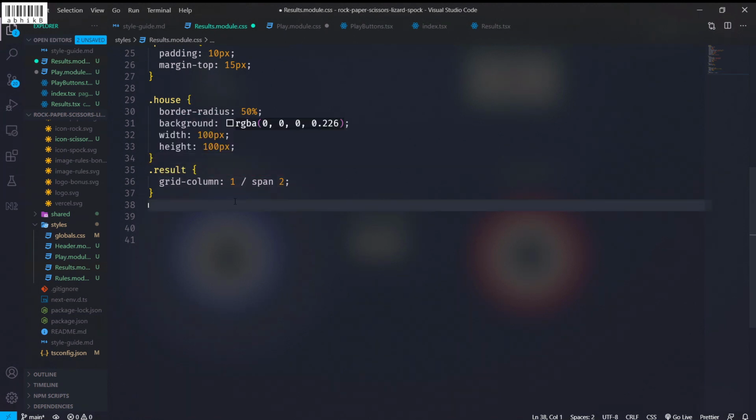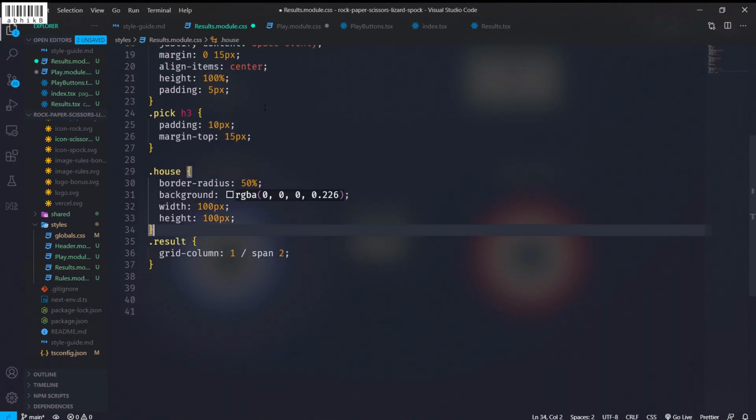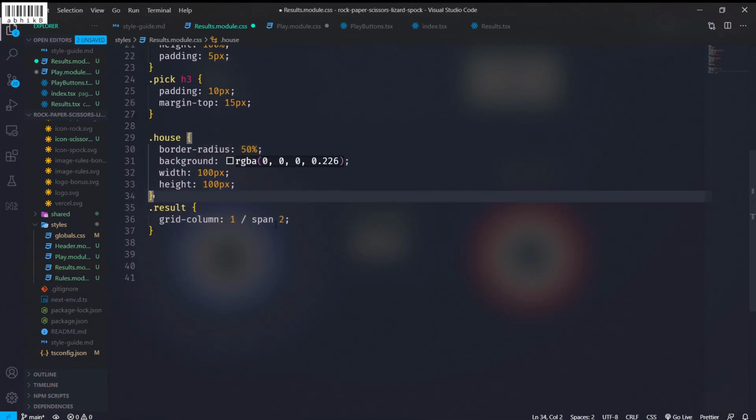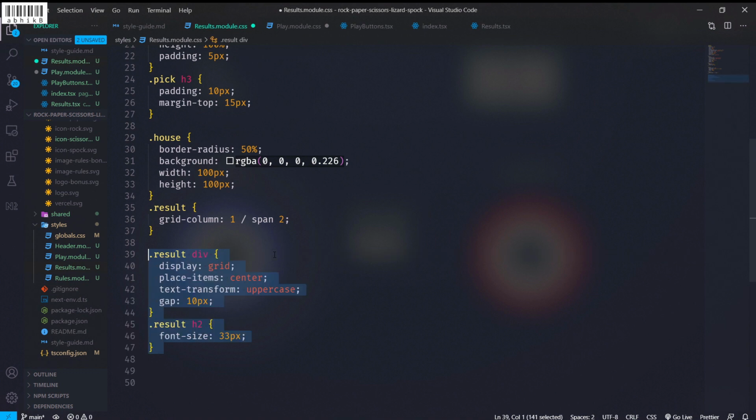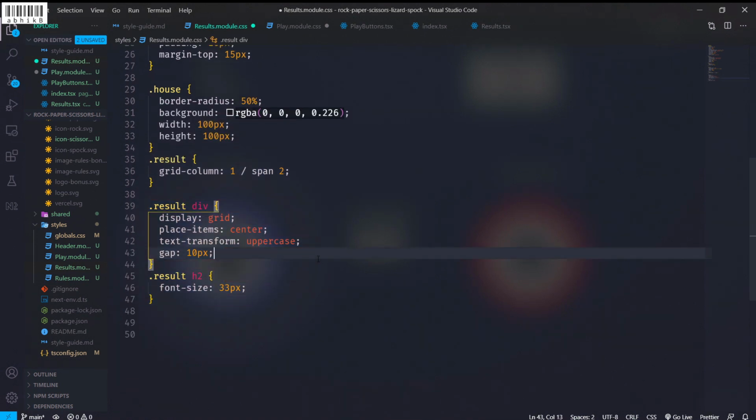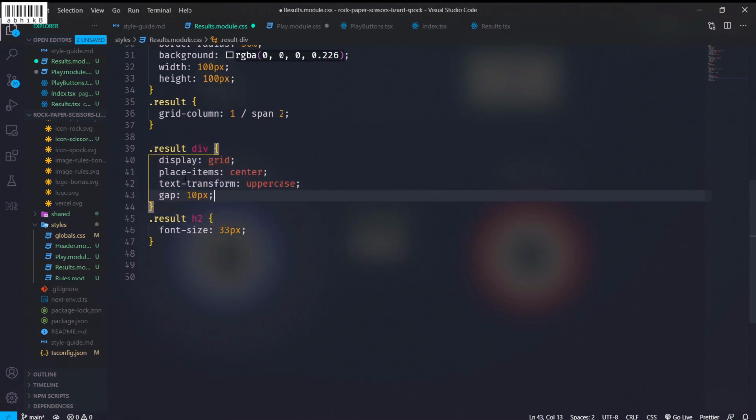So this means that inside the mobile view it will span from the first column to the second column, it will have a width of 2 columns, while the other picks will have a width of 1 column each. So for that, inside the mobile view the result will be expanding to 2 columns. For that we need this grid column 1 slash span 2, and the result div will have every div inside